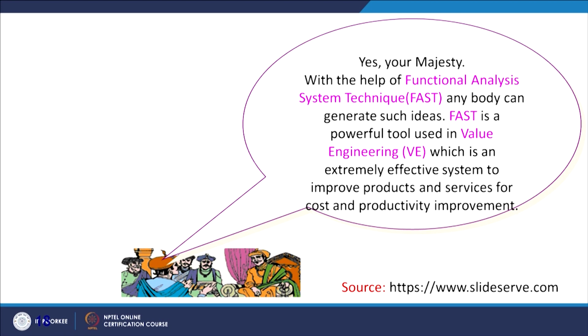So we can see 2 terms are coming here, FAST and value engineering, and therefore we have conceptualized this 10-hour course to basically introduce the learners to this important aspect which normally is missing in our UG and PG curriculum. So basically, if we try to do a systematic study of the functions of a product and then try to correlate them with the cost and try to eliminate the redundant functions from the product, obviously we are going to save a lot of money.